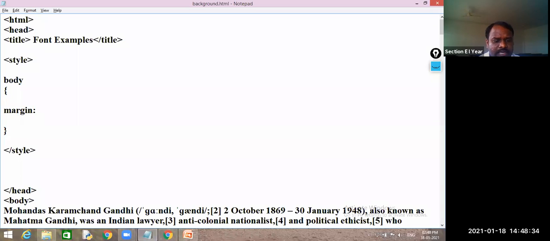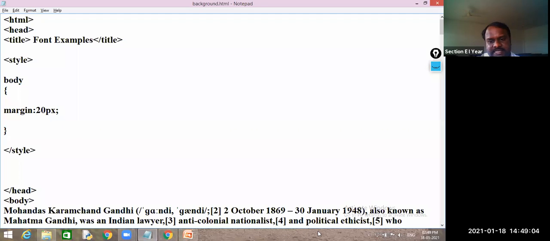Margin colon, and one value I have to give. So I am giving 20 pixel. Here you should remember one thing: you can give one value, two values, three values, or four values. I will tell you one after the other what each does, but first remember margin with one value. When you give margin with one value, this 20 pixel is assigned to all four sides.